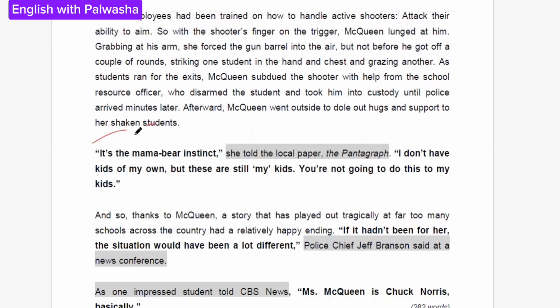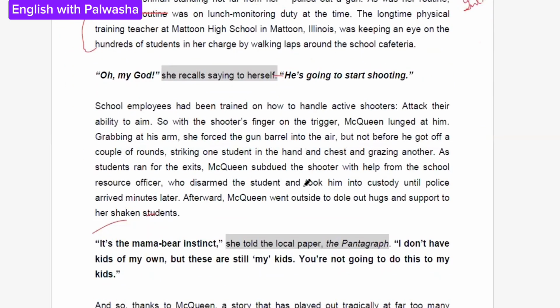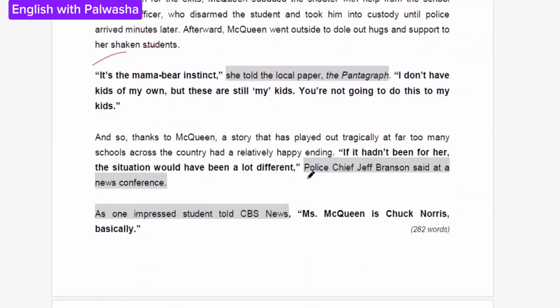And after creating these paragraphs, you can see how beautifully the paragraphs are constructed. And there are only 4 to 5 lines in a paragraph, not a longer paragraph. Please avoid writing longer paragraphs. Then there is one quote, and after that, another paragraph in detail, then the quote. Okay, and then you have to end up with this paragraph, because you have to accomplish the word limit as well. All right.